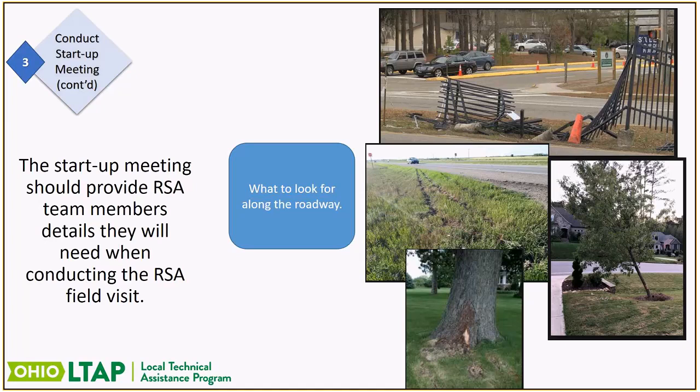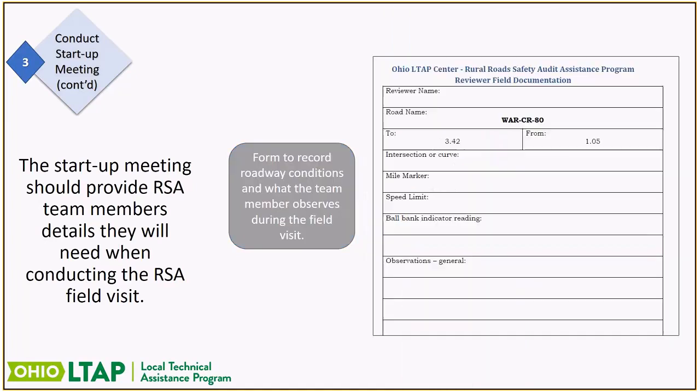But even looking for tire marks in a ditch to see where people are going off the edge of the road, or damaged fences. The RSA we did up in Muskingum County, the over the hill RSA, right at that curve, we knew that there had been many, many more crashes that occurred there because there was actually a farm with a fence, and the owner of that fence was repairing it 1 to 2 times a week. Now, we didn't have that many crashes reported, but somebody was taking the fence out, and it would be down in the morning when he'd get up. So it's important to look for those environmental clues.